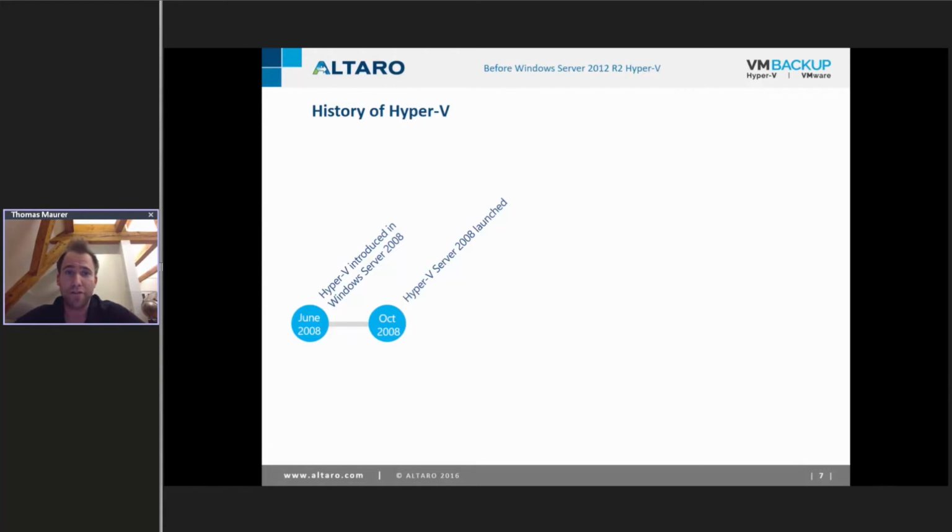You could do that with 2012 and 2012 R2, and now with Windows Server 2016 you can also download Hyper-V Server 2016. This is basically a core version of Windows Server, and it only includes Hyper-V related features. You can't use it as a domain controller. You can join it to a domain, but you can't use it as a domain controller. You can activate the Hyper-V role and the clustering feature, and you get all the live migration features and so on for the Hyper-V environment.